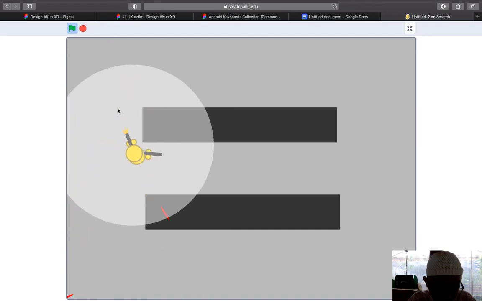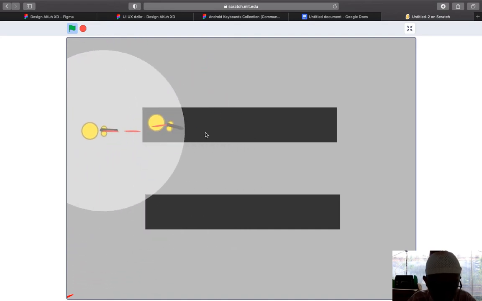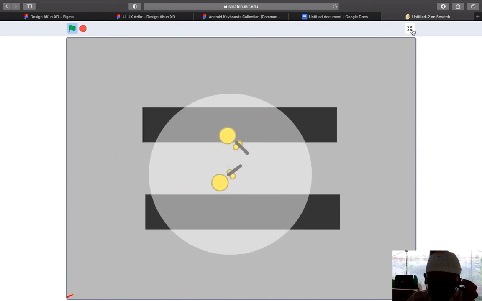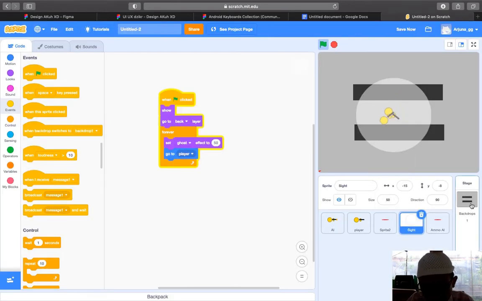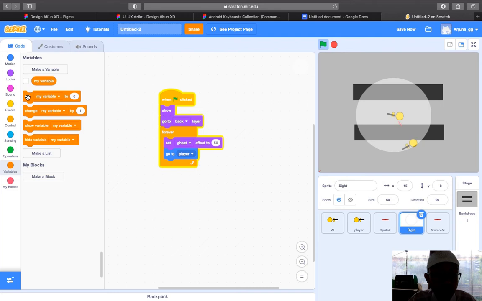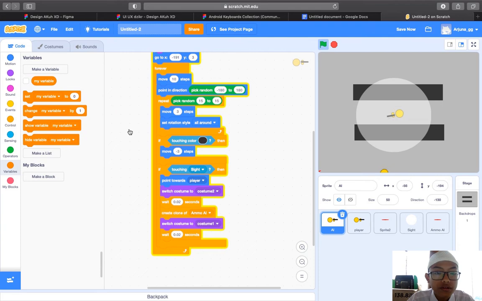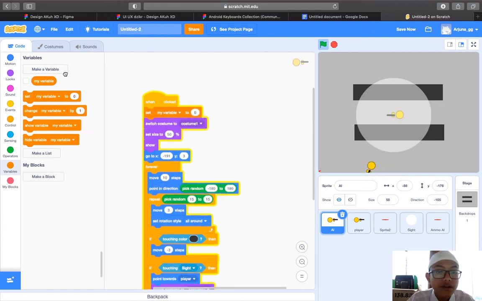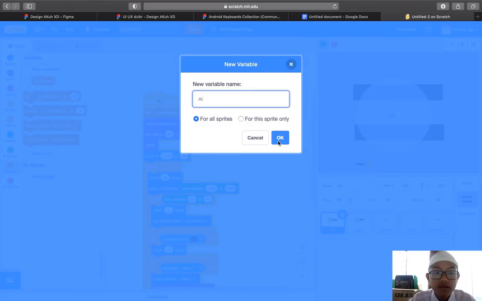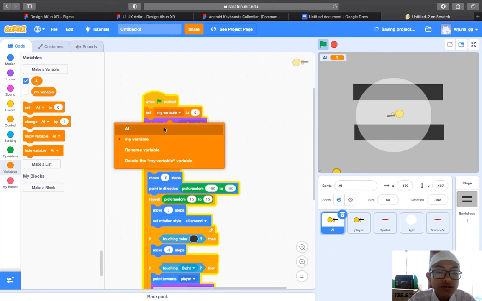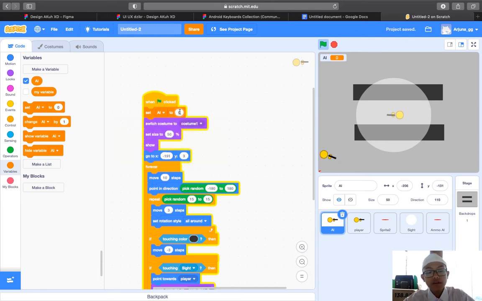but it's just simple coding, so it's easy to do. And I think this is just so good. And then the next step is that we're going to add the health for the AI. So we're going to go to AI, and then we're going to make a variable, namely AI. And then in this one, we set, when the green flag is clicked, the AI to 50, maybe no, 15, and then